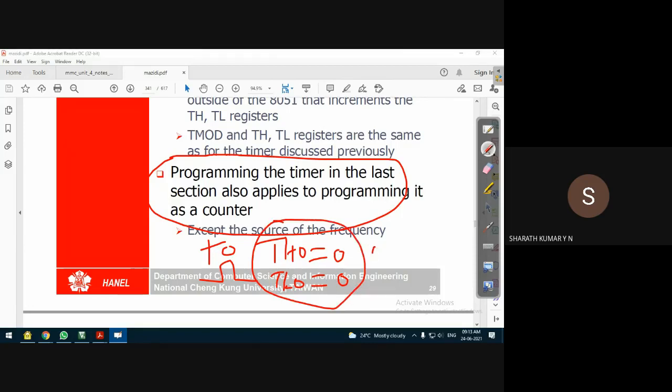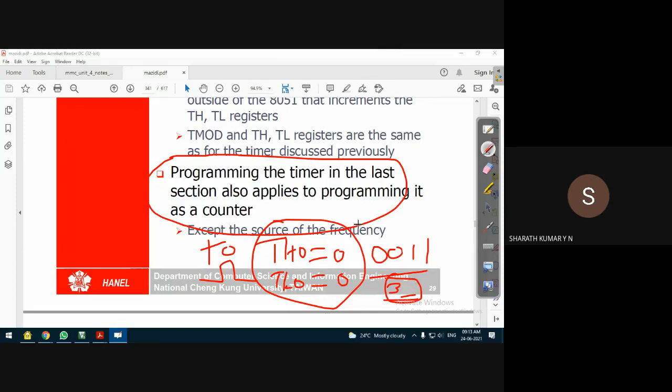For example, let us say the count is 0011. That means the timer has counted a total of 3 clock pulses, and 3 corresponds to the number of external events happening outside the microcontroller.